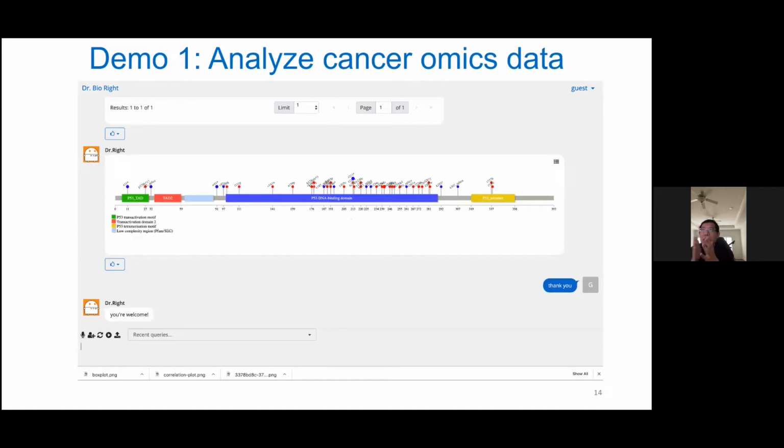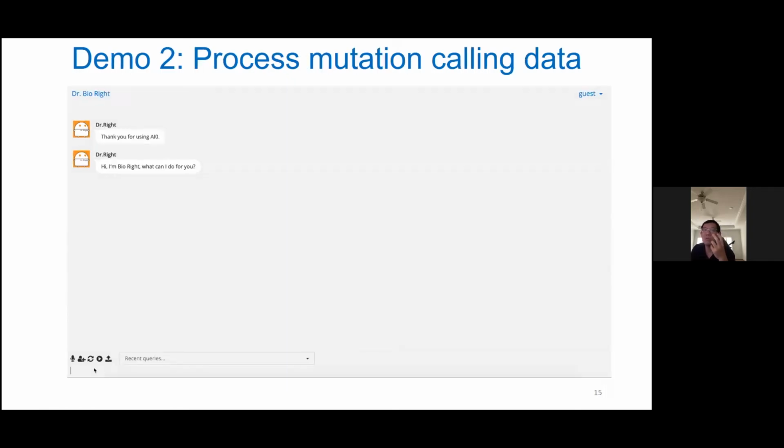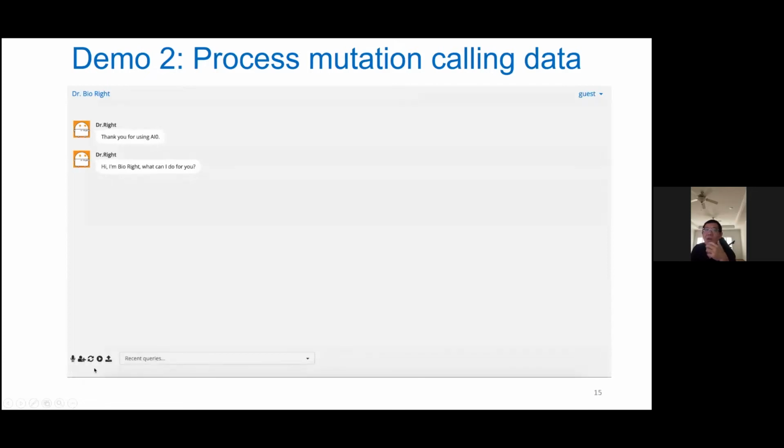Actually, DrBioRight can do more than that. For example, it can not only do higher level analysis based on standardized data, but we can also do some low level analysis. For example, if you started from some next generation sequencing raw data, you ask DrBioRight, could you do a mutation calling? And then DrBioRight